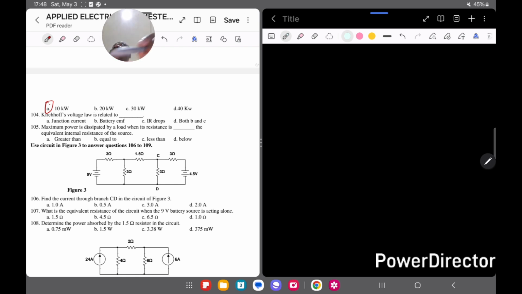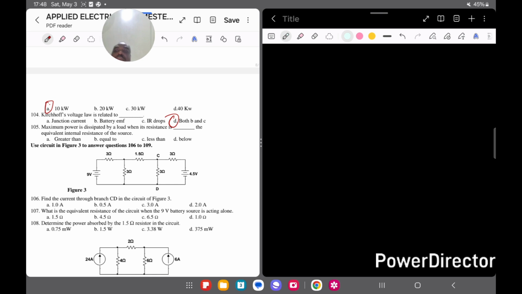So if I'm having a battery, the algebraic sum involves the whole, meaning the battery and then the drop. So the answer here will be D. Now question 105. Maximum power is dissipated by a load when its resistance is dash the equivalent internal resistance